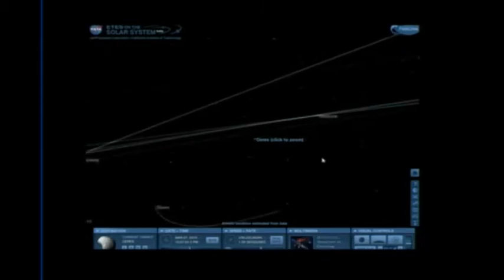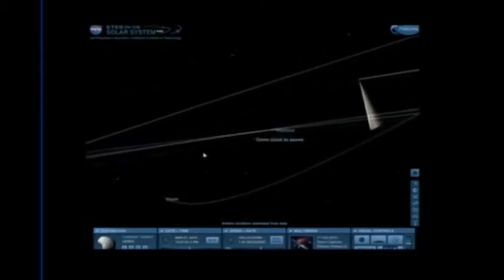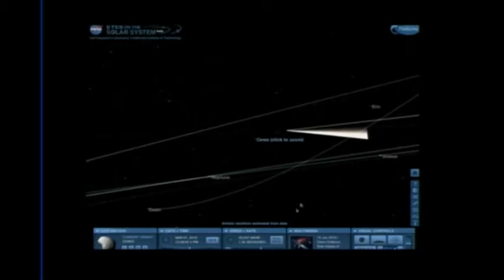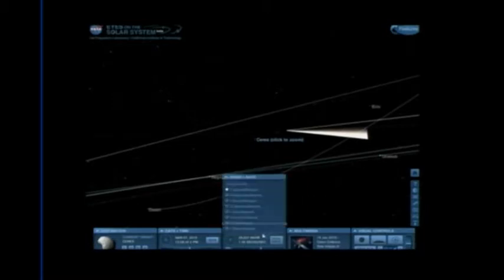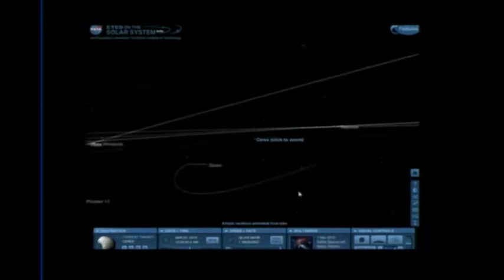And there's Dawn, Ceres. Ignore this. This is the orbit line for Ceres. Okay? Because of the huge amount of scale we have to cover, we have to do approximations sometimes, otherwise it's too much data. So just ignore that line for a sec. But what I want you to watch is Dawn over time. I'm going to speed this up. Let's go to an hour. Let's go to 10. Let's go to a week a second. Watch this move that Dawn makes.